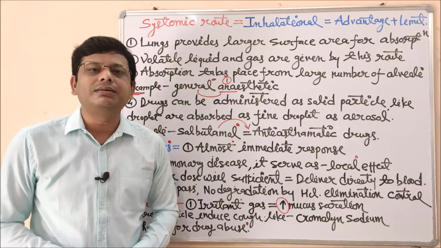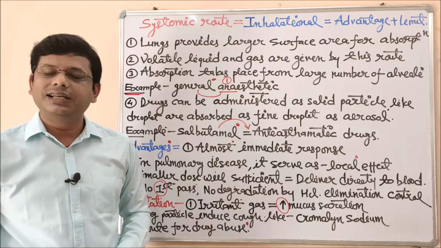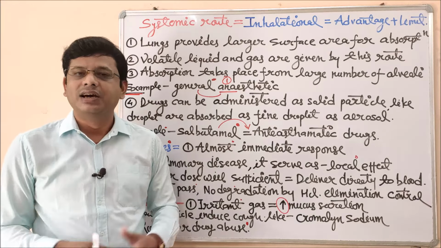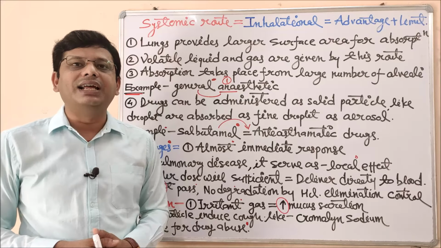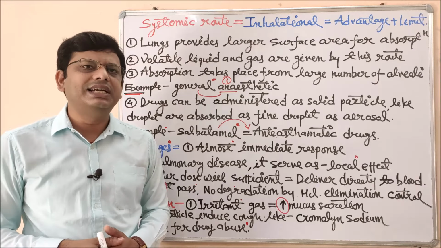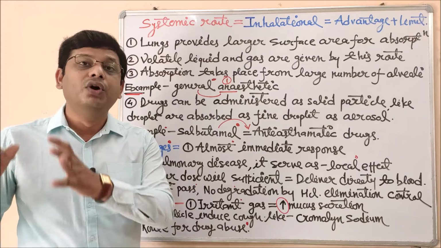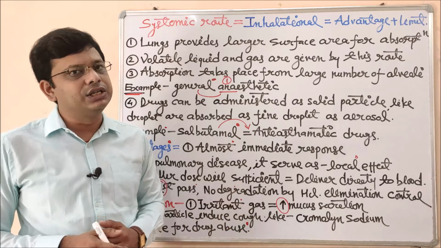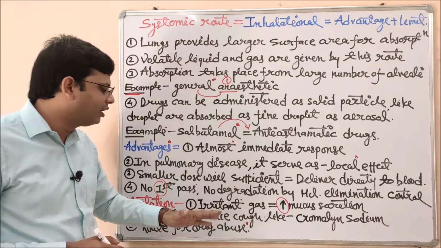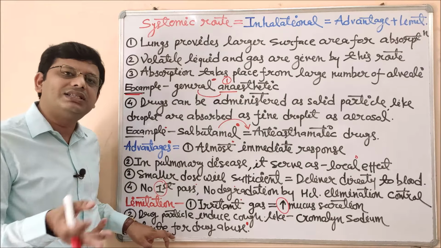Now you should know the meaning of mast cell stabilizer. Any drug which is stabilizing your mast cell is simply considered a mast cell stabilizer. Now again the question arises, what is a mast cell? These are responsible for the allergic response that releases histamine. We will see it later on, but these are drugs which stabilize that release of histamine from mast cells, so that you will not face any allergic response. This is an antihistaminic drug.